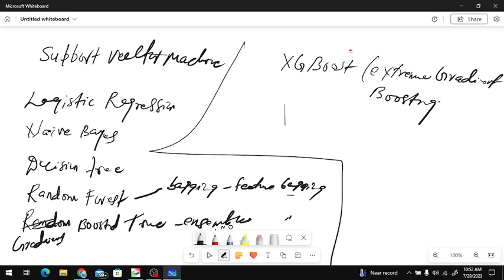XGBoost produces better predictive performance by controlling model complexity and reducing overfitting through built-in regularization. It uses approximate algorithms to find split points when finding the best split point for